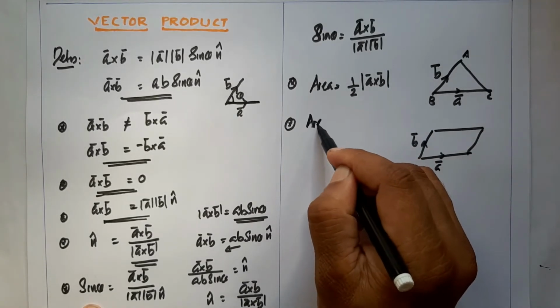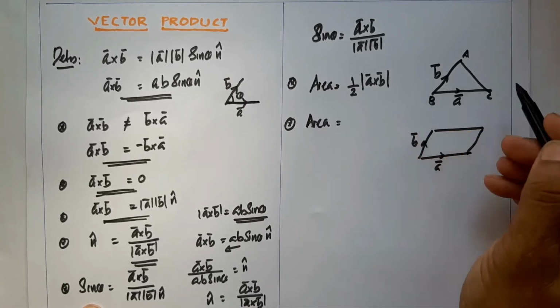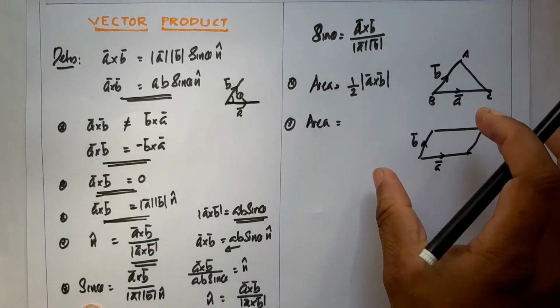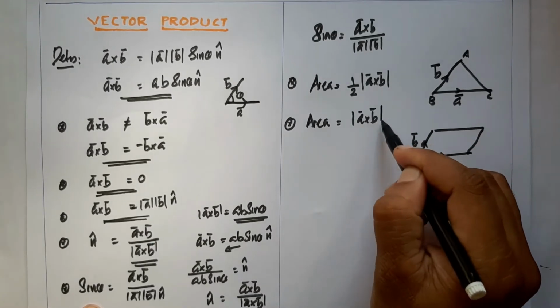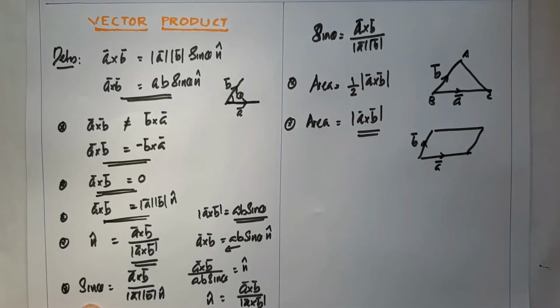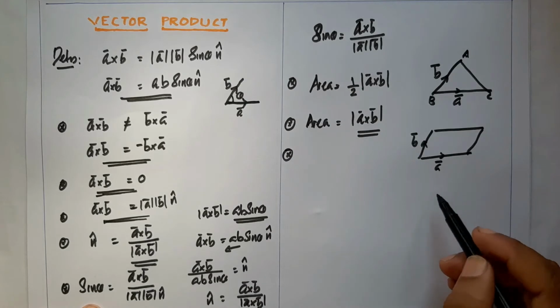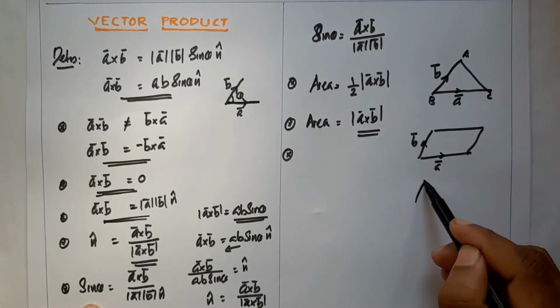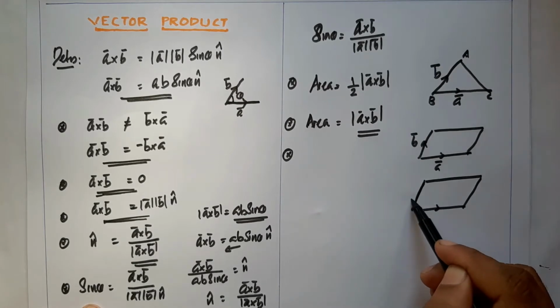is equal to double the area of the triangle, because two triangles combine to form a parallelogram, that is modulus of A cross B. In a parallelogram whose adjacent sides are vector A and vector B, then area is equal to modulus of A cross B. Also in a parallelogram whose diagonals are already given,